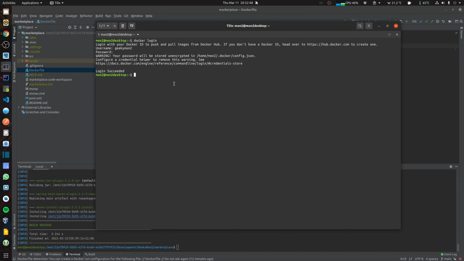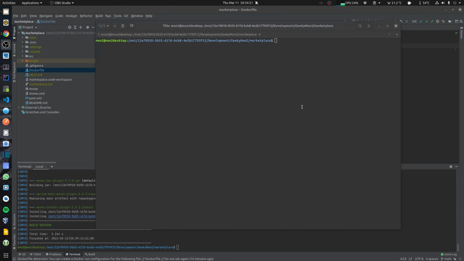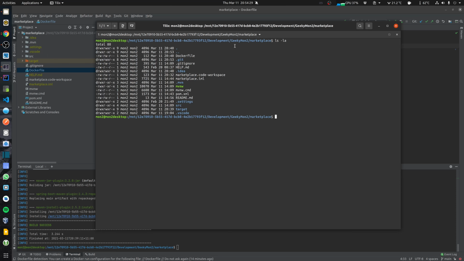So next up, we'll first create a local Docker image. So I have gone to the path where my project is located. And if I do an ls -la, you can see that my Dockerfile that I created earlier is present. And I can run a docker build command over here to build a local image of my Docker container. So the syntax is saying docker build, and -t is to tag the build. And I'm tagging it with a name called marketplace. And dot means the current directory, which is where my Dockerfile is located.